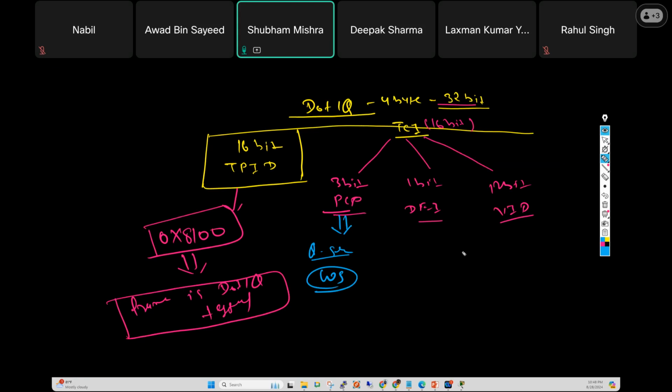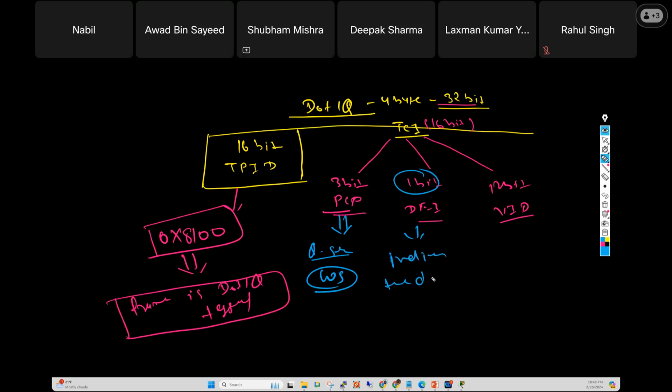DEI stands for drop eligible indicator. I think you guys can check and confirm. Drop eligible indicator. So basically, what is the size? 1 bit. Understand? Basically, this field is used to indicate